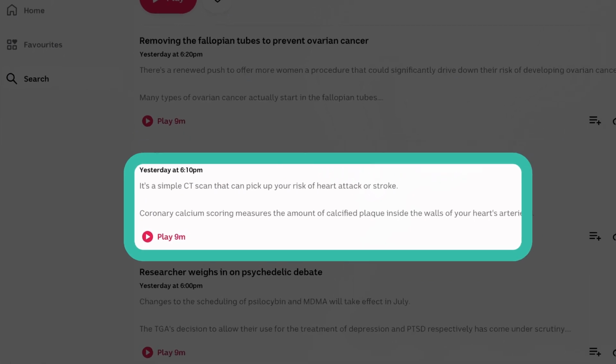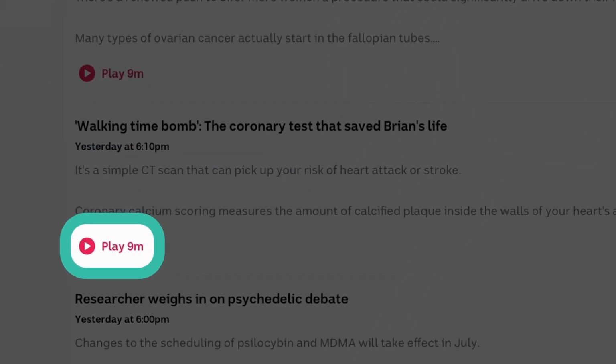If you find one that you want to listen to, tap Play, and the episode will be downloaded to your iPad as it's playing. This is called streaming. If your iPad has a SIM card and is connected to the internet via mobile data, it will use some of your mobile data allowance.